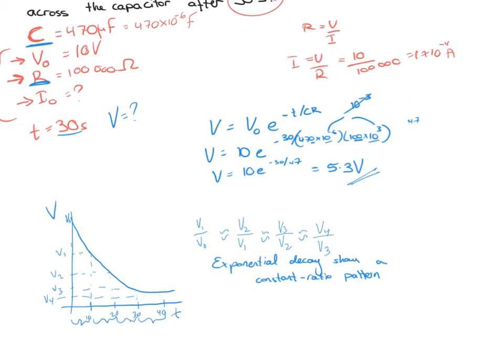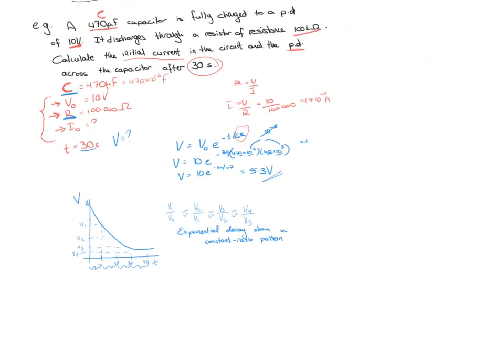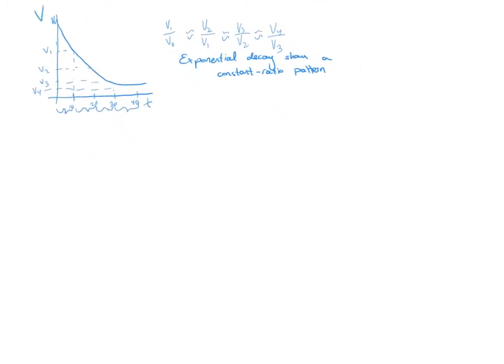Okay, so now this is a very important bit that I said before we will be focusing on: the part of the equation that's the CR. In other words, this part of the equation. That's actually called the time constant. Let's start with that. The symbol for a time constant is the Greek letter tau. And it's actually equal to CR,